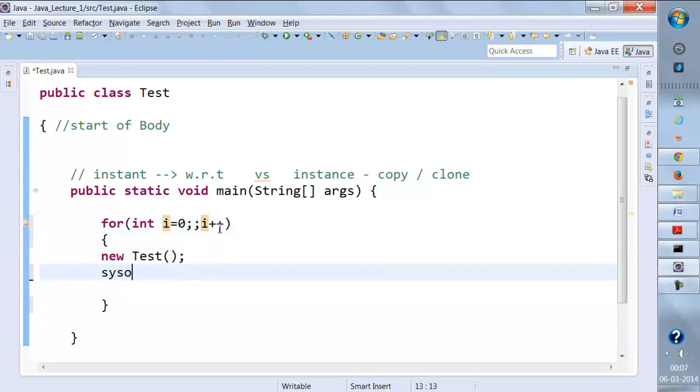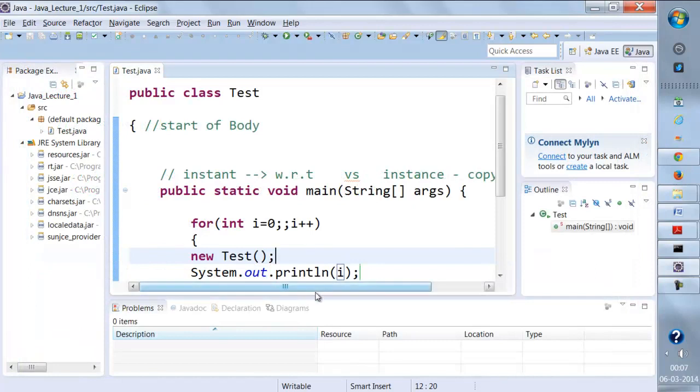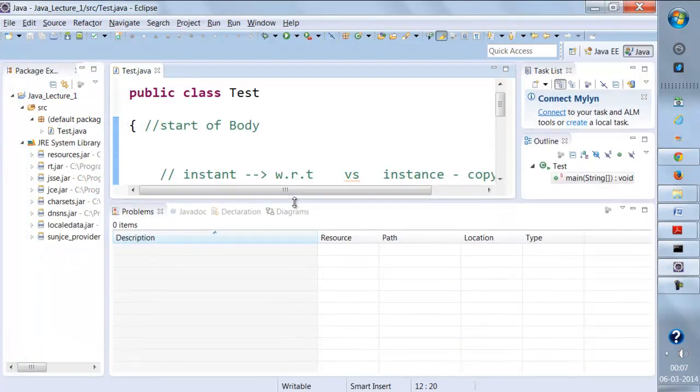I'll write system.out.println. This is how we're going to print in Java, and I'm going to print the number of times this loop is executed. As soon as I run this, it's going to tell me how many times an object of the class can be created. So when I run this,